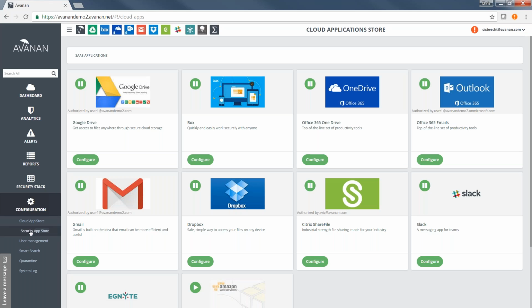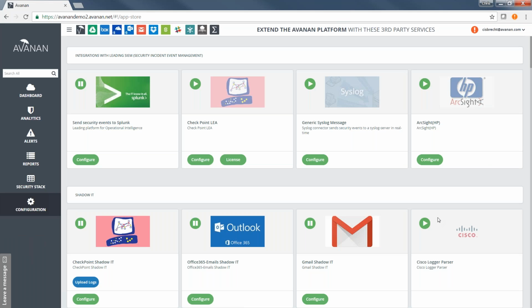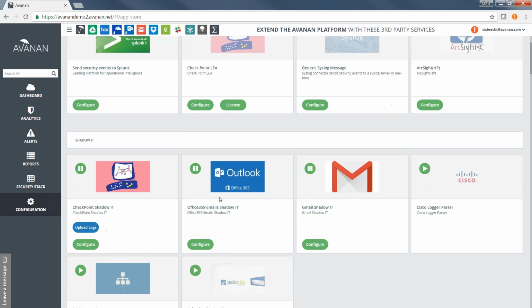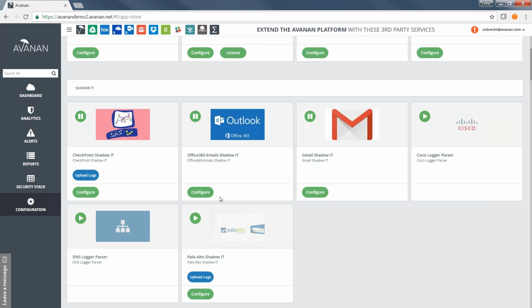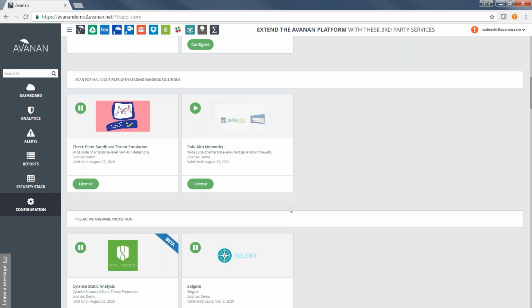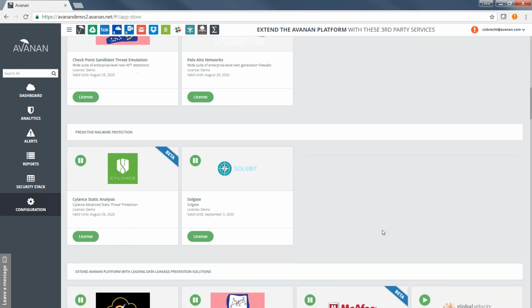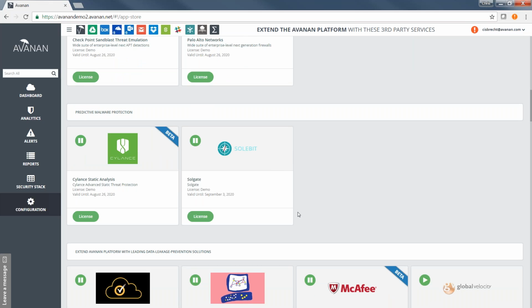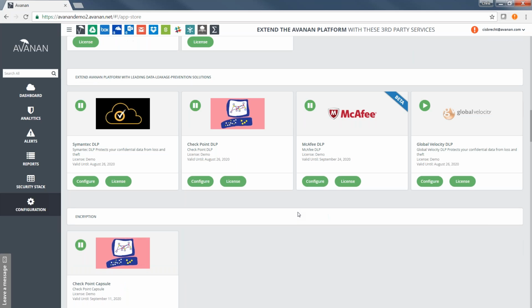The next step here would be to decide what we're going to do from a security standpoint. So this is where you'll see the best-of-breed approach, over 60 different providers here from a security standpoint. Integration with all the leading SIM vendors. We've got some real nice shadow IT capabilities that we'll dig into. You'll see the sandboxing solutions with Checkpoint and Palo Alto, predictive malware with Cylance and Solgate, data leak prevention with